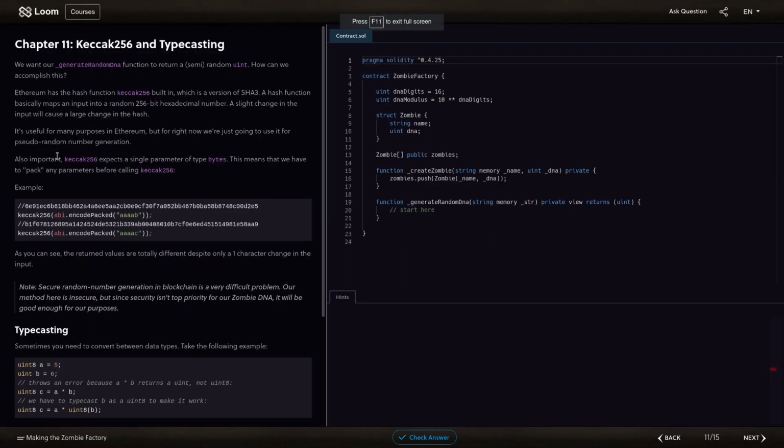So, it's useful for many purposes in Ethereum, but right now we're going to use it for pseudo-random number generation. Also important, Keccak256 expects a single parameter of type bytes. This means that we have to pack any parameters before calling Keccak256. For an example,